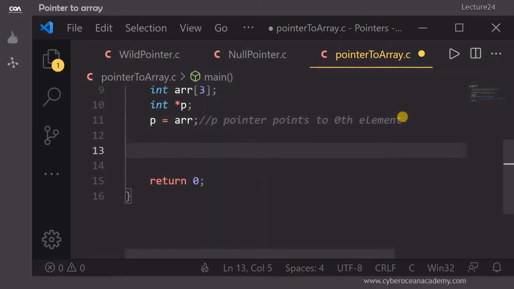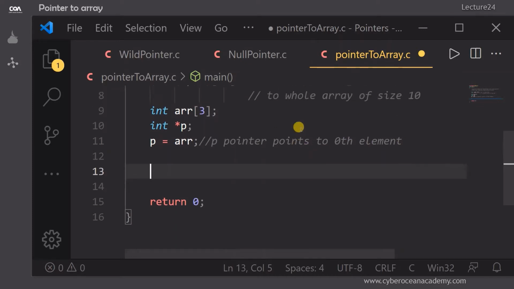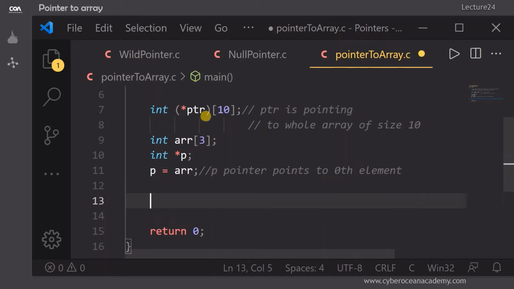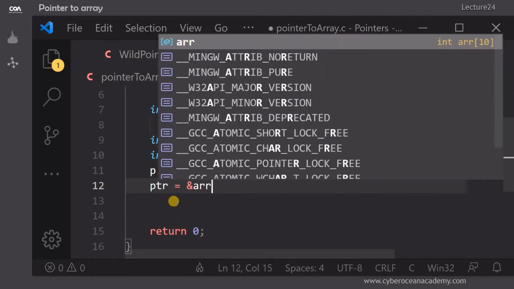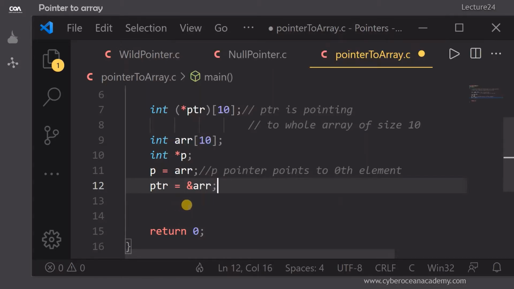Again, I'm just going to write here. Suppose you're gonna assign a value inside this array arr, and also you're gonna assign the value here. Suppose I'm just gonna write a 10. Okay, here I'm just gonna assign ptr is equal to ampersand arr. Okay, so that